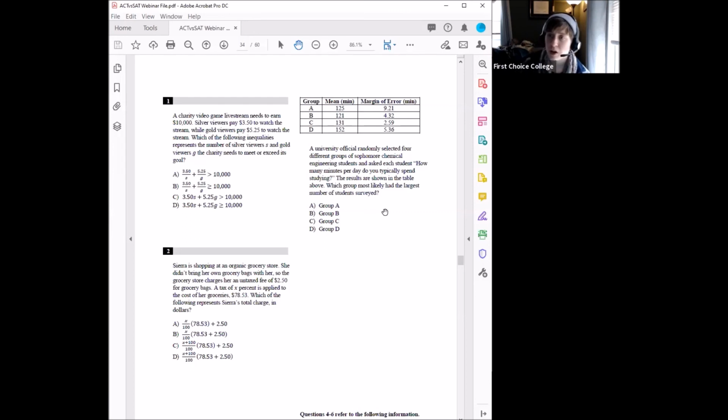And you add $2.50 because it's not taxed, so that should be outside of it. And all that seems reasonable until you have them plug a number in and try it out. And what happens is that 7 out of 100, that's less than 1, which means that that's going to make that 78.53 go down. And there's no way that you apply taxes somewhere and you suddenly pay less, right? So where did this random plus 100 come from?